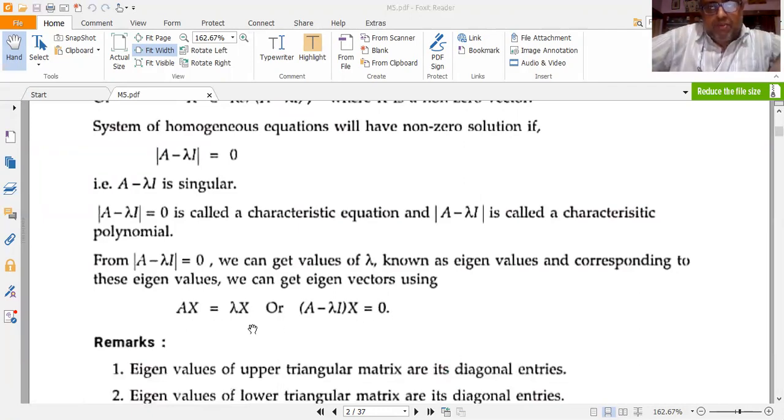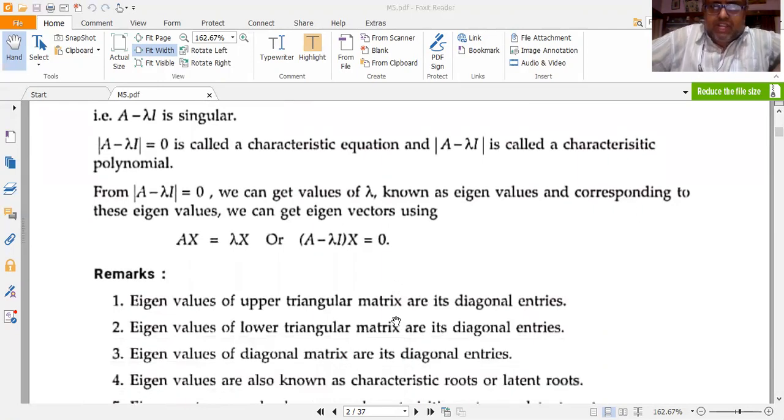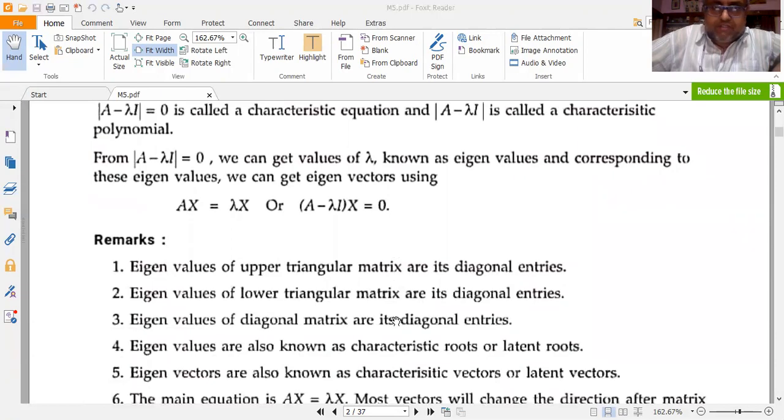Now if I transpose lambda x to the left hand side, using the concept that I discussed earlier, I solve A minus lambda I into x equal to 0, and when I solve for x I get the eigenvectors. Eigenvalues and eigenvectors have many fantastic properties that are exclusively used in signal processing. Image processing is also entirely based upon this. Our mobiles are operating because of eigenvalues. So this is the concept of the eigenvalue and eigenvector definition.